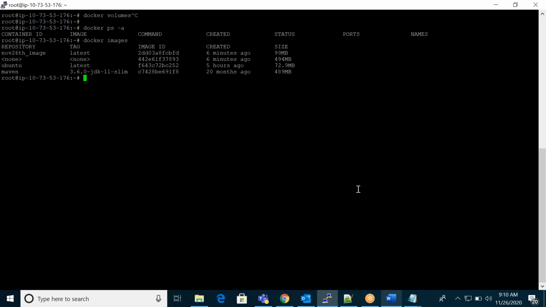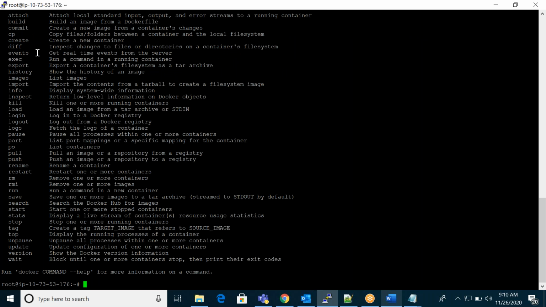Just create any one container. Docker run, any one container, with the -it option.